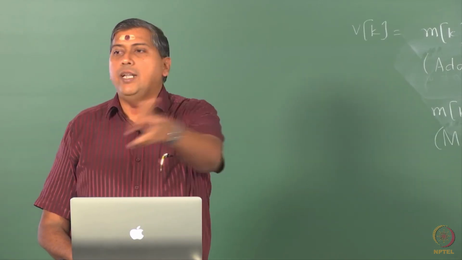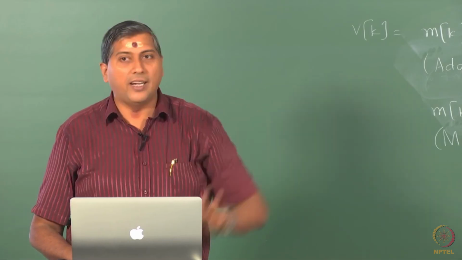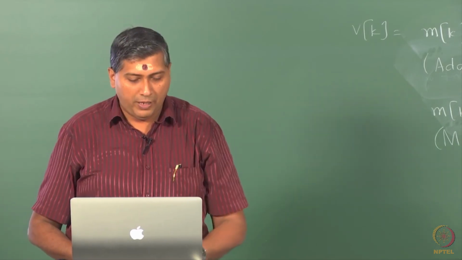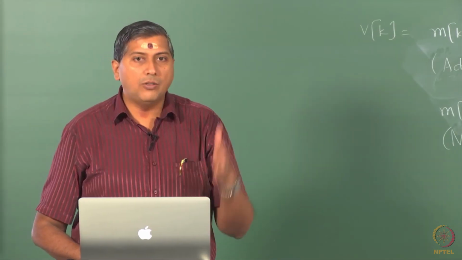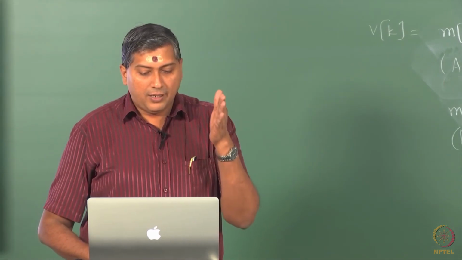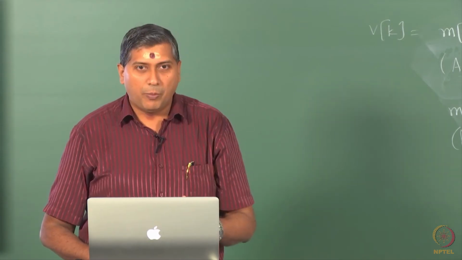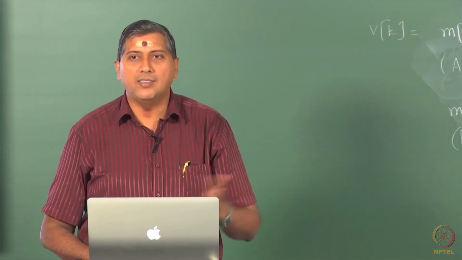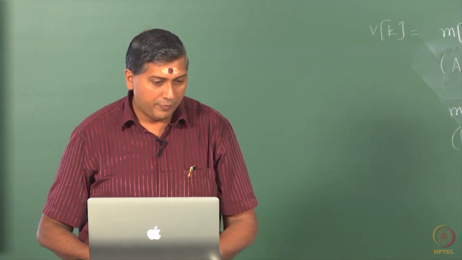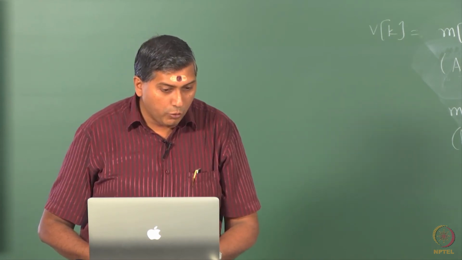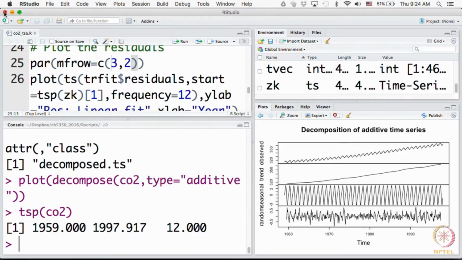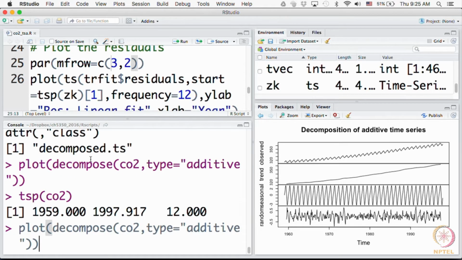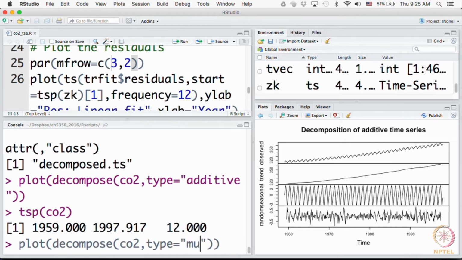The difference between decompose and STL is that STL does this in an iterative way, one of the main features. So, once you have the trend component, given the periodicity, it extracts the periodic component subsequently, and whatever is remainder is W_k, very straightforward. Now, if I were to do a multiplicative fit to this, let us quickly ask what decompose would do if I were to postulate a multiplicative kind of model.